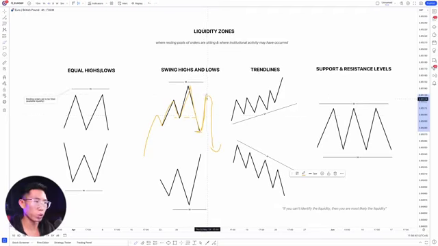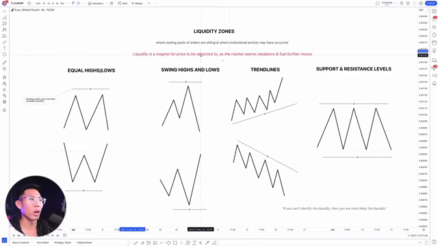And that is why price will retrace to this zone right here and grab the liquidity around this area, create a lower high before continuing down even further. Same thing in this bullish scenario right here. Right, price will most likely come down here, retest, create a new higher low right here before continuing the uptrend.